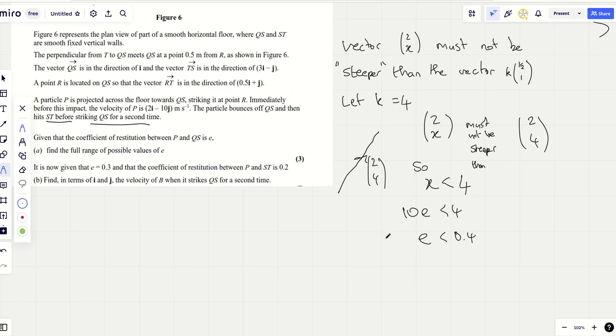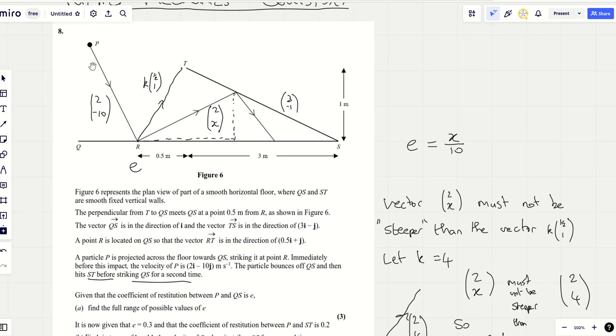And then you've got a standard condition that e has to be greater than 0. So e is between 0 and 0.4. It can't be equal to 0 actually, otherwise it would be a perfectly inelastic collision, and it just goes dump like that, and it won't come back and hit this wall. So provided e is between those two values, it will go badunk like that, and eventually end up hitting S